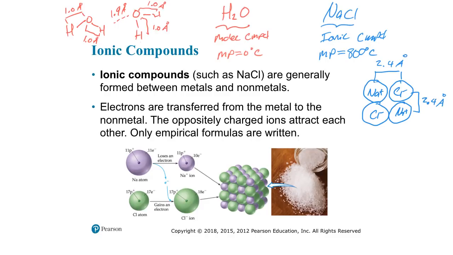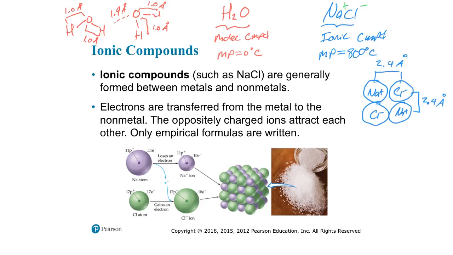NaCl forms what we call ions when it forms a compound. You get a plus charge on sodium, a minus charge on the chlorine atom, and then you get a really strong electrostatic force of attraction between the ions. Your ions pack closely together within a crystal of sodium chloride, and those ions are really hard to separate from each other,